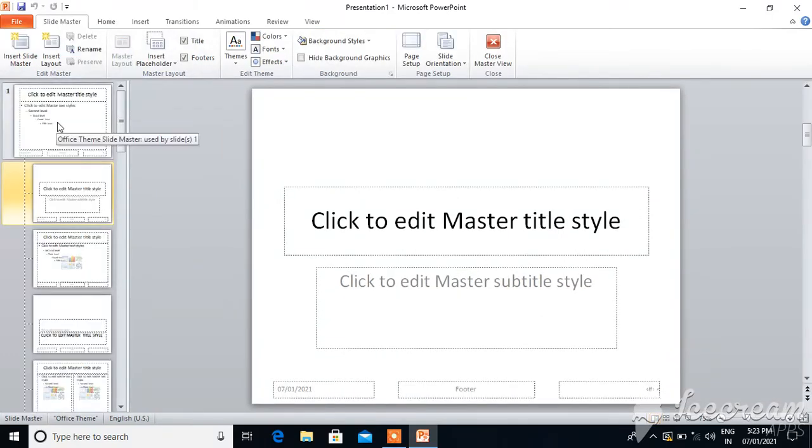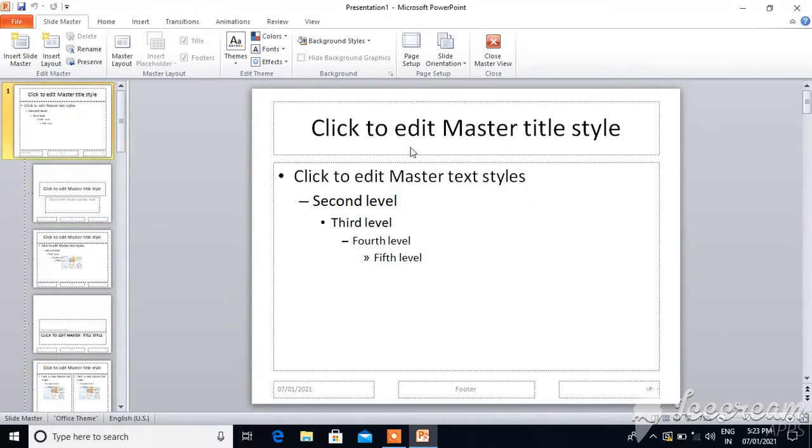See, one slide will be automatically added here. This is called a slide master. This is the master slide, meaning the main slide which contains information about the remaining slides. Master means the main person. So this is a main or master slide, so it is called the slide master. Now we will see it point by point. We will see the first point, a text: how to add a text box to a slide master.